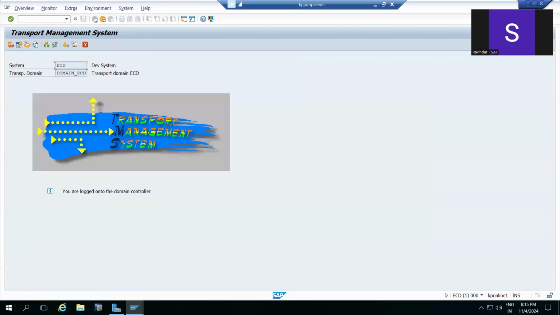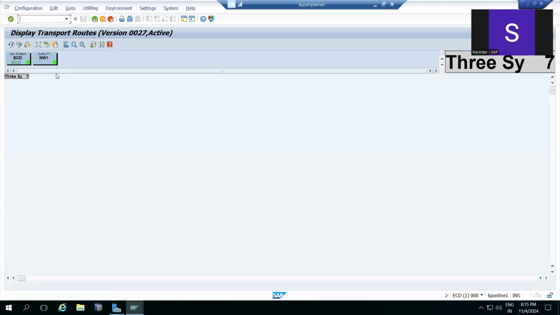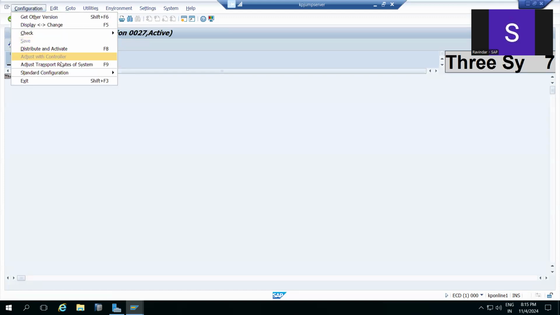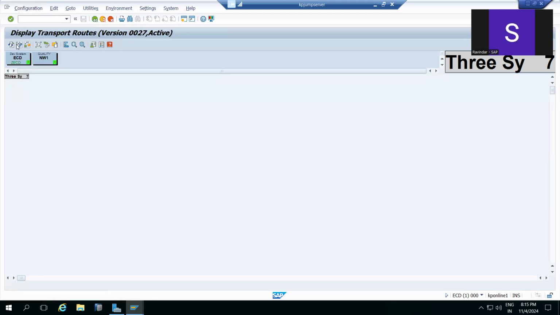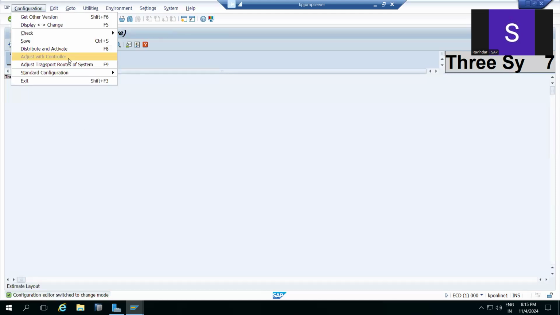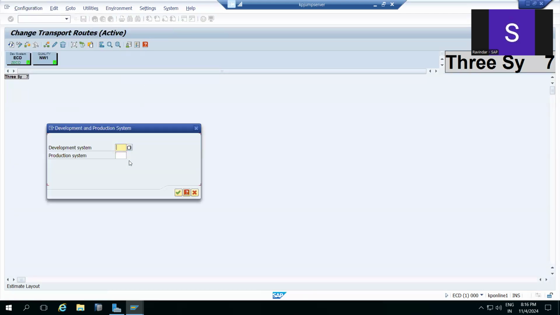What will happen when you have new systems? When the systems are added to the transport domain controller, that is done. Then when we go to transport routes, we can go for the configuration, standard configuration, then this change button, and you add the systems here, right?